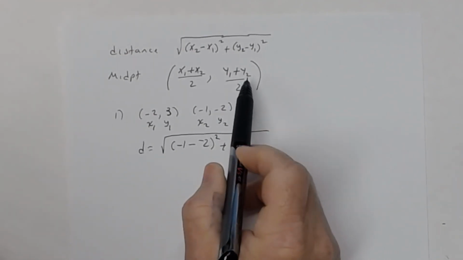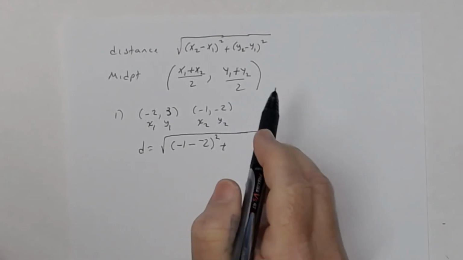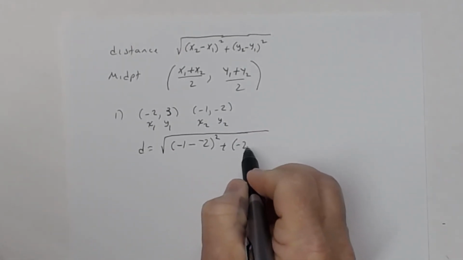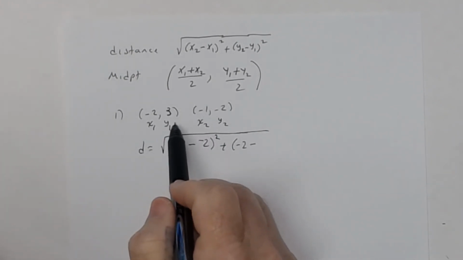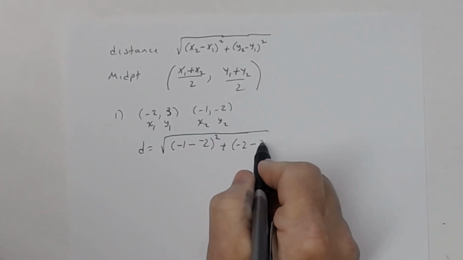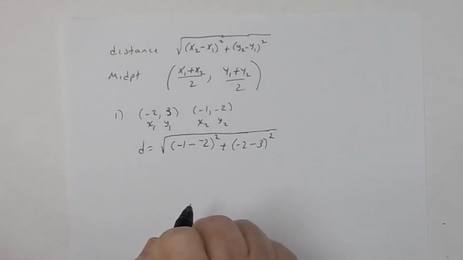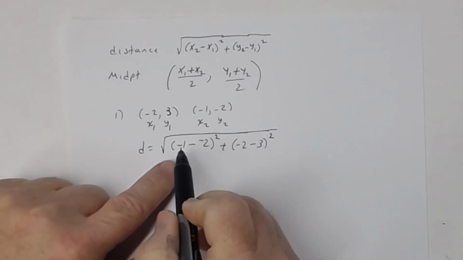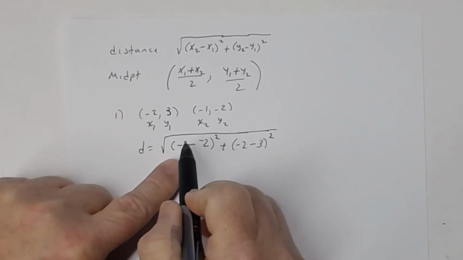Plus, and then for this one, you're going to say y2 minus y1. So y2 is -2. Put that in parentheses. Subtract, and then y1 is 3. And then whatever that is, we're going to square it. Okay? All right, now, some students and some of you here may still have trouble understanding how to deal with